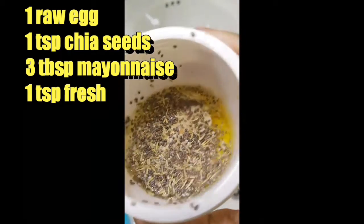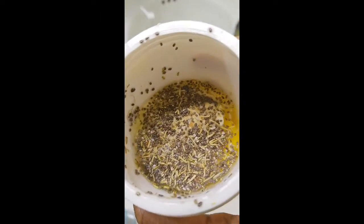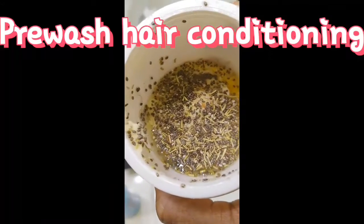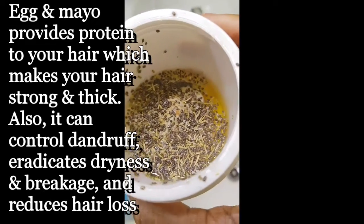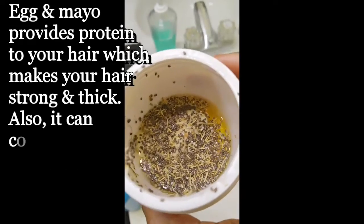I am making my own hair conditioner, a pre-wash hair conditioning. This is to strengthen your hair, add protein and minerals into your hair. What this is, is one raw egg. I also have two, you can't see it because it's up under the other stuff, but I have